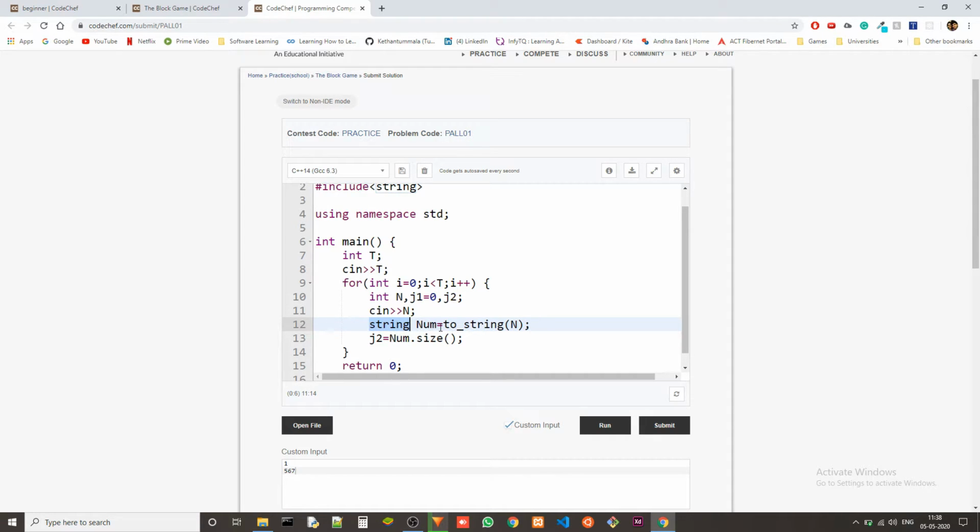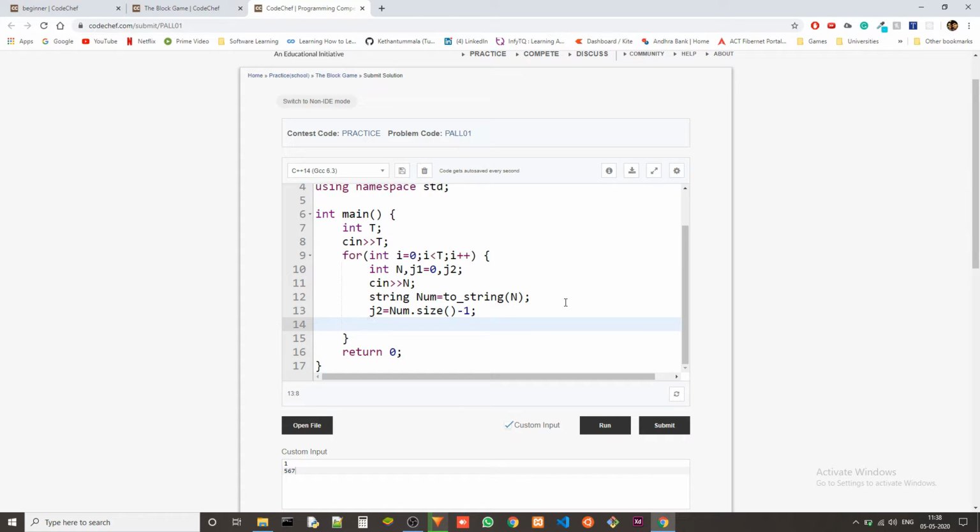String is a new data type in C++. This is one of the additions over C. Like in C we don't have a native string type. In C++ we do have a string type. So this string type has this method inbuilt called size. So we can use that. We'll get the size and we have to decrement it. So we are not going to start from the end, because it is zero based indexing. We have to start from size minus 1.